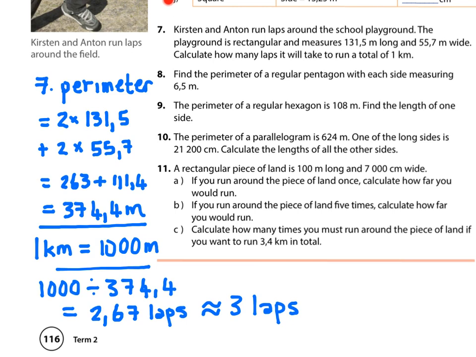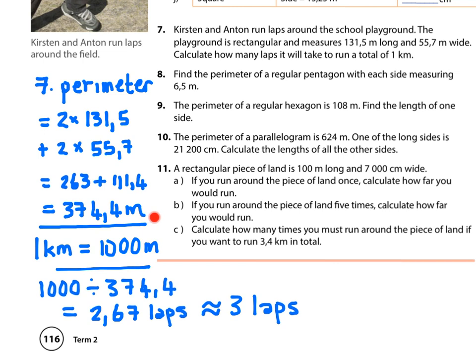Now question 7 over here, let's read. It says, Kirsten and Anton run laps around the school playground. The playground is rectangular and measures 131.5 meters long and 55.7 meters wide. Calculate how many laps it will take to run a total of 1 kilometer. So if we're given the length and the breadth of the field, we can calculate its perimeter by adding 2 of those to 2 of those. So over here we say perimeter is equal to 2 lengths plus 2 breadths, which give us a total of